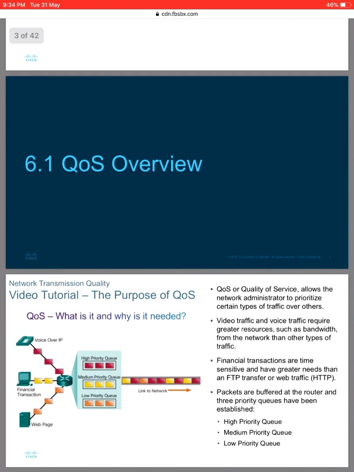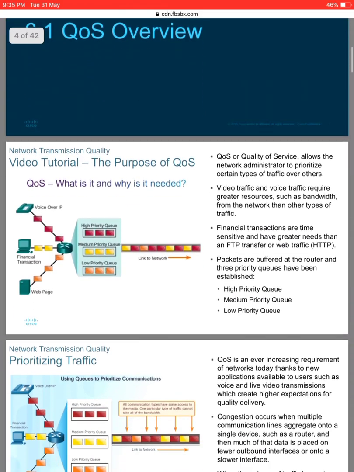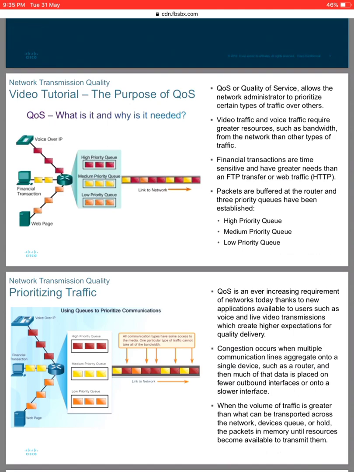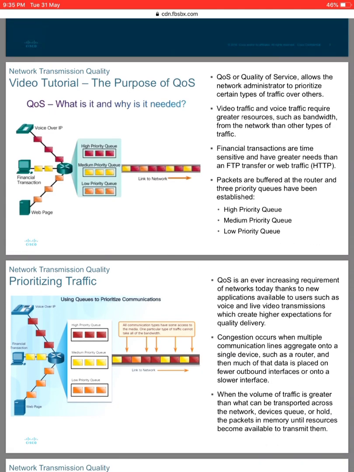So for the 6.1 QoS overview, the first discussion is the video tutorial, the purpose of QoS. QoS, what is it and why is it needed? So QoS, or quality of service, allows the network administrator to prioritize certain types of traffic over others. Video traffic and voice traffic require greater resources such as bandwidth from the network than other types of traffic. Financial transactions are time sensitive and have greater needs than an FTP transfer or web traffic,